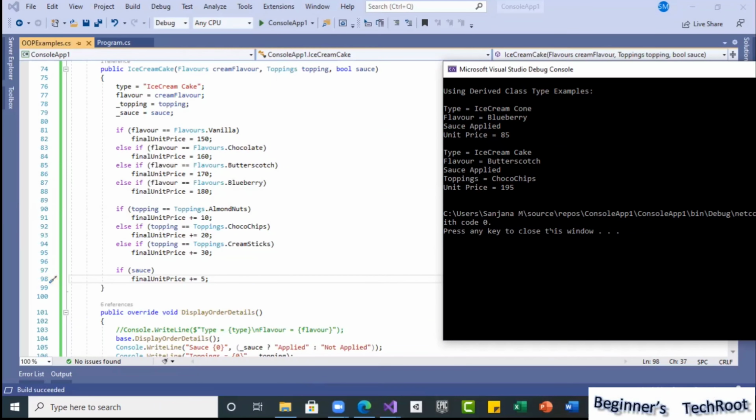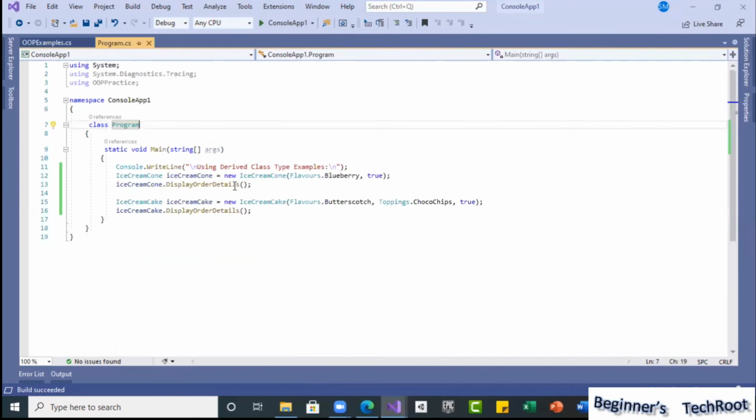Okay, so this is about using a derived class type, but this is not what we are going to work with for polymorphism. Why? Because we cannot have separate objects like this. It is again not going to be an advantage if we write like this, creating this object and again this object. It is nothing but normal classes used with only inheritance.